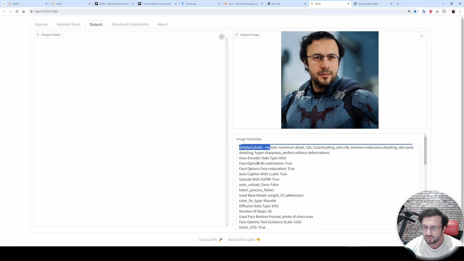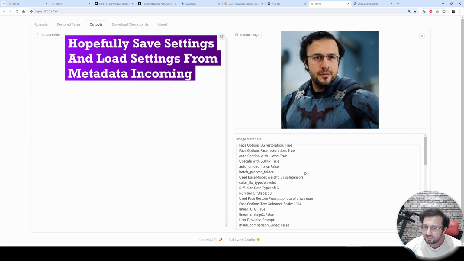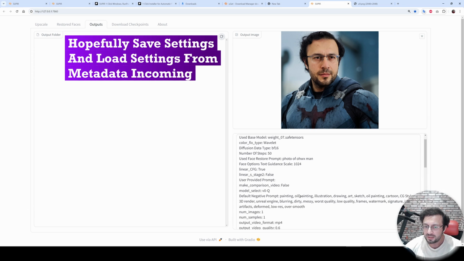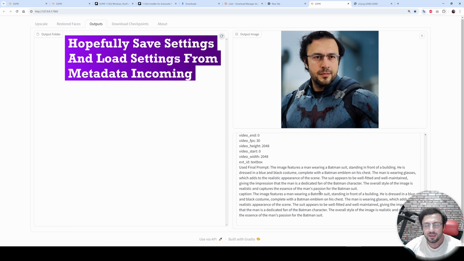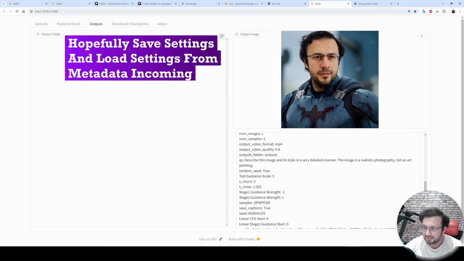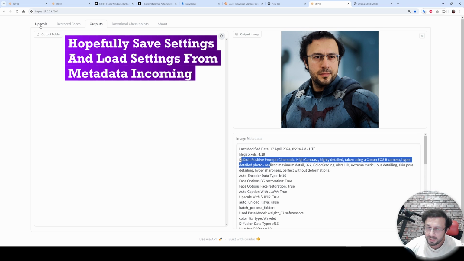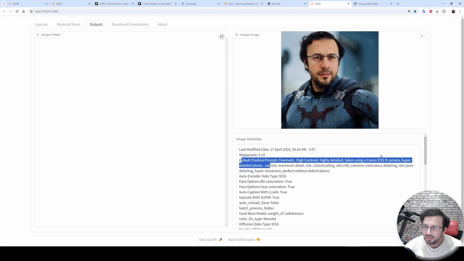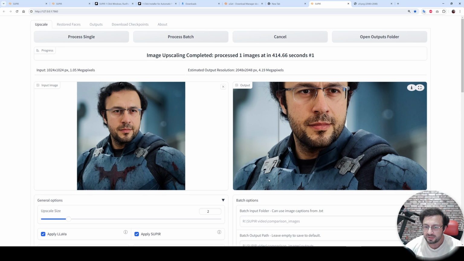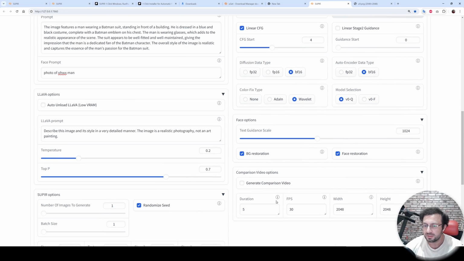Default positive prompt, autoencoder, data type, whatever option you use is saved here so that you can generate this image again. Currently we don't have a load parameters feature. However, I will hopefully add that here, so you will be able to click a button and it will set everything the same as that metadata.